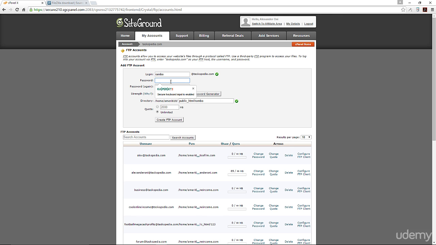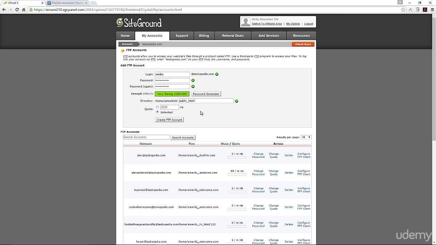I'm going to give myself a password. We type the password again. Now, the one thing you want to make sure is remove whatever additional letters is added at the end of the public HTML folder here, okay? What I'm going to do is I'm simply going to remove Rambo because I want to have access to my public HTML folder. Access to the public HTML folder is the strongest access that you can have,